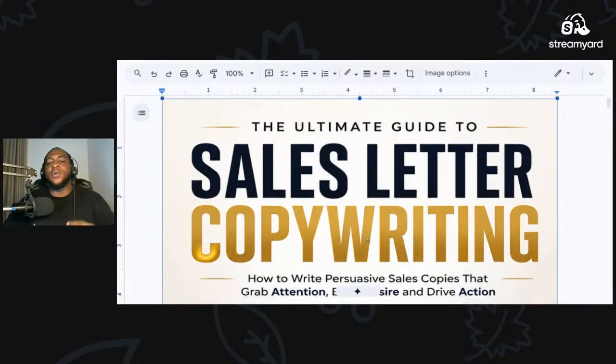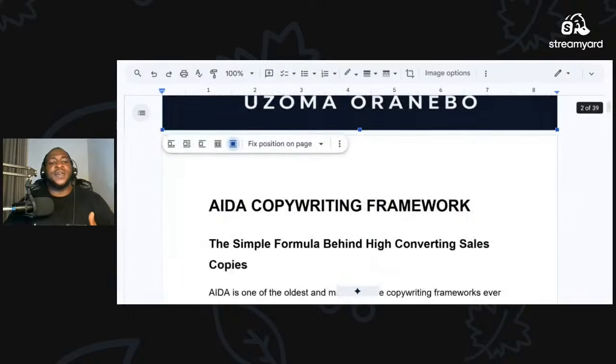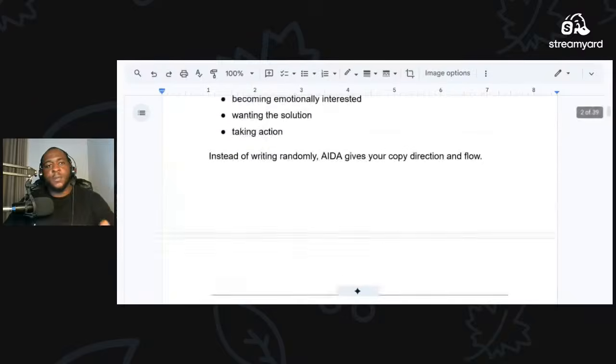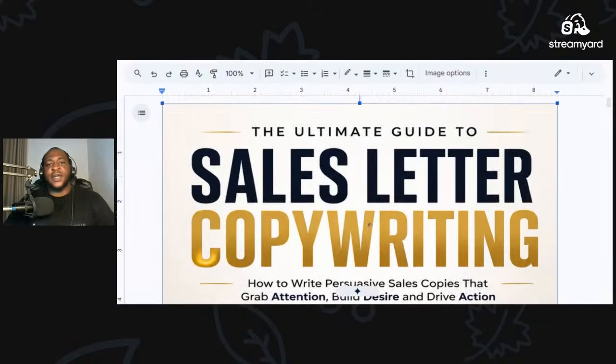So today I'm going to first teach you how to write copies. This book is exactly about sales letter writing. Now we are going to pick out a unique product today, and when we pick out that unique product, we are going to write a real copy for that product, right?